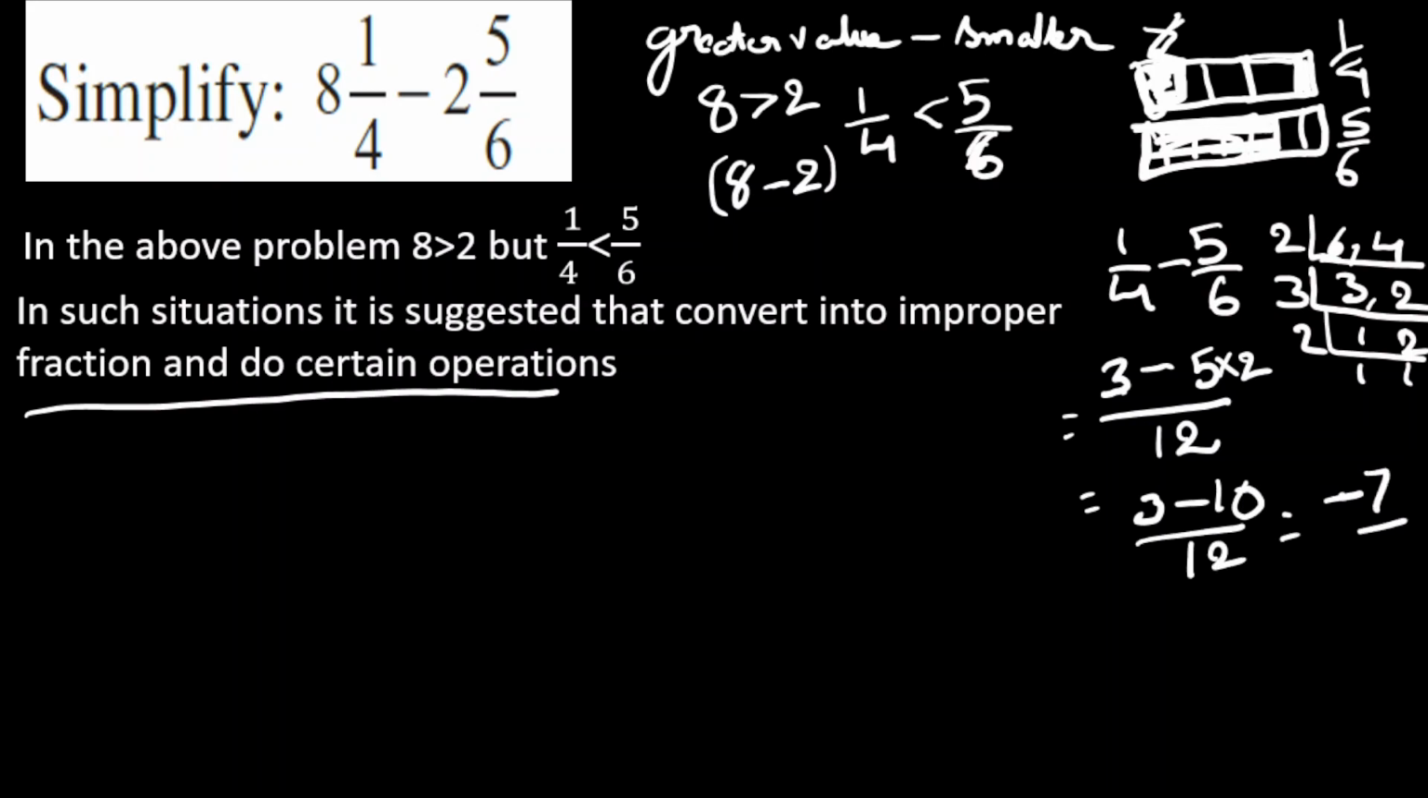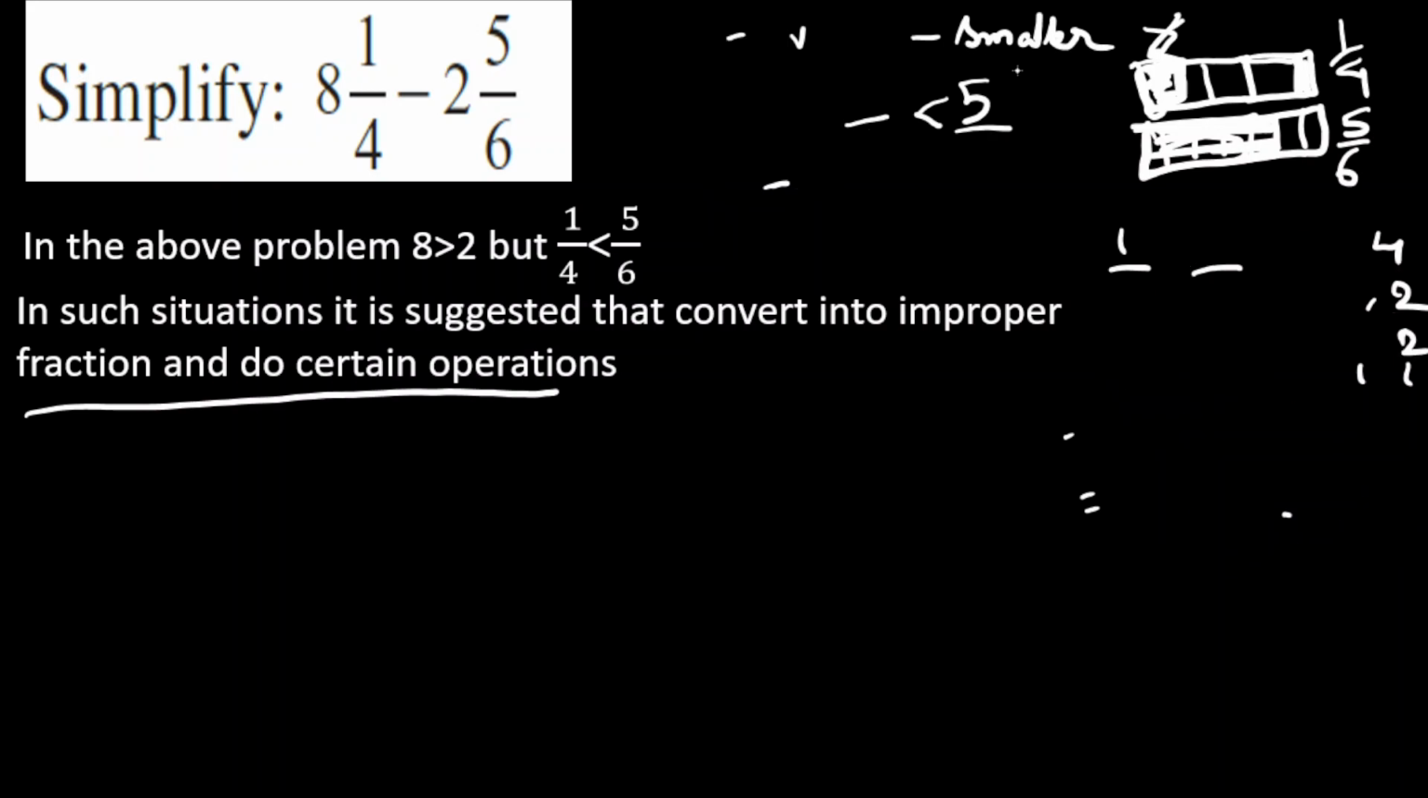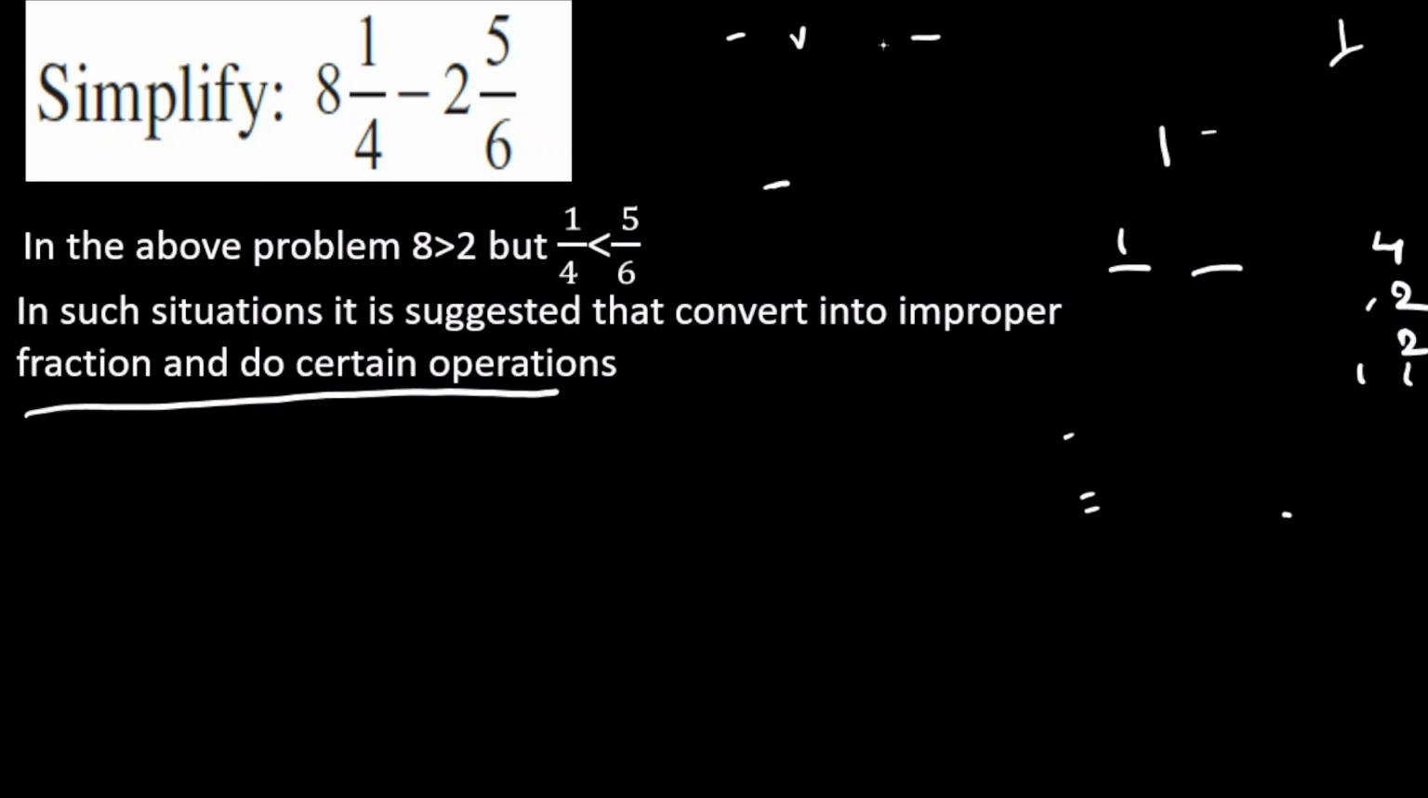Here we cannot subtract 10 from 3. So this is the minus sign, so we can't perform the subtraction operation. So it is always suggested to convert into mixed fractions and then do the operations. Suppose if you have done the same thing to this, here 8 1 by 4, to do that we need to